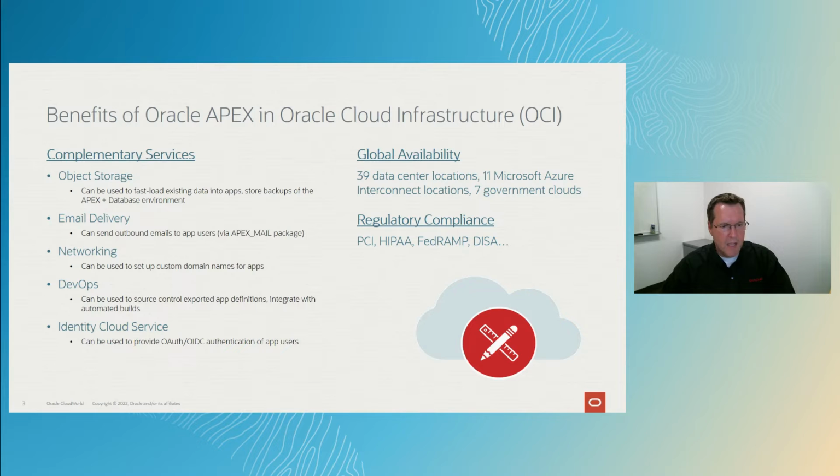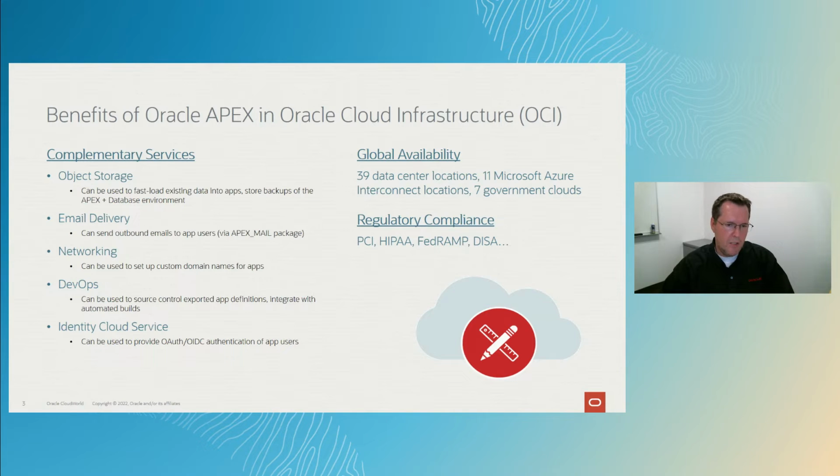When you're in OCI, you can wire that up to the OCI email delivery service very easily. And then the email delivery service that's just there in the cloud serves as your delivery vehicle. Networking. OCI provides a lot of very complementary networking components. Things like load balancers, virtual cloud networks, subnets, fast connects, all kinds of interesting things in OCI from a networking